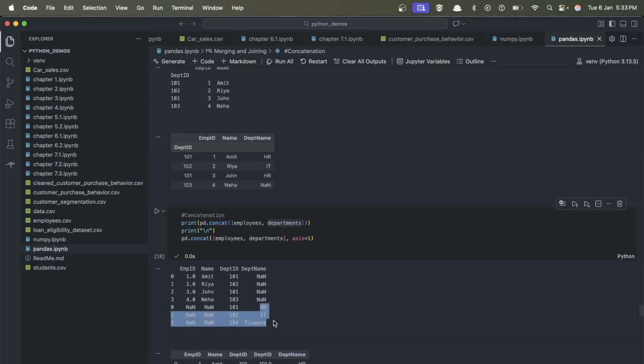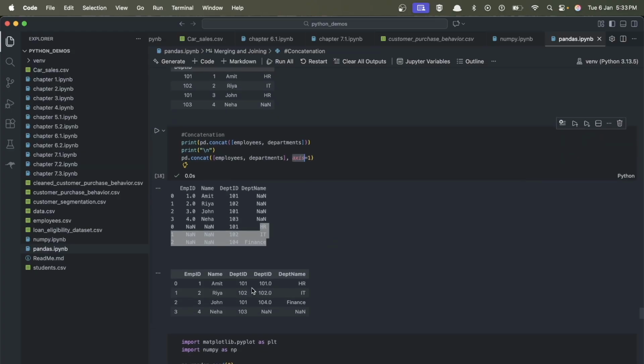For the first 4 rows it has NaN as the value, and the last 3 values are coming from the department's data frame. If you want to concatenate column-wise, you can just provide axis as 1, and again it will give you a new data frame with concatenated data, column based. So here, whatever is matched, Amit belongs to department HR, right? As you can see, it's matching according to the